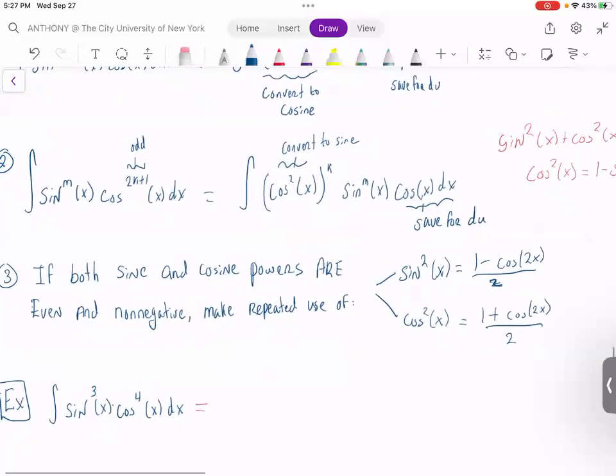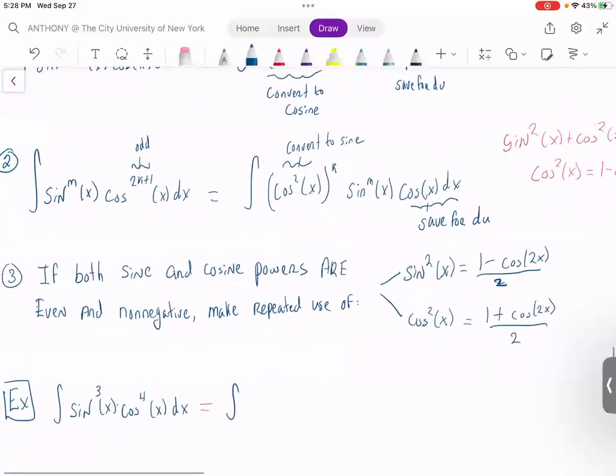I can zoom back out a little bit. Using our first guideline, this will be sine squared of x times cosine to the fourth power of x times the sine of x dx. Right? Essentially, I'm just pulling out a sine of x factor, where now I have sine to an even power, namely 2. Now, because it's raised to the second power, I can go ahead and convert it in terms of